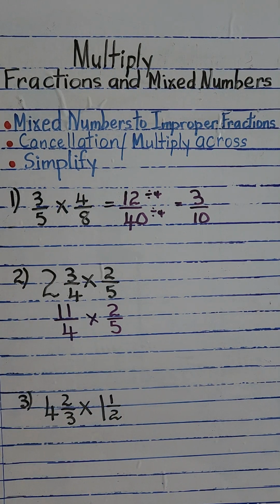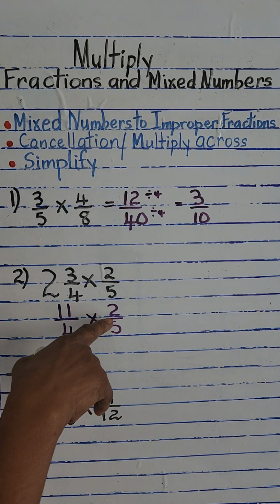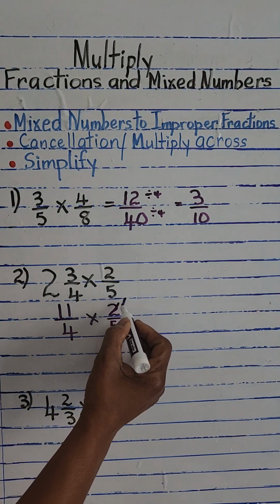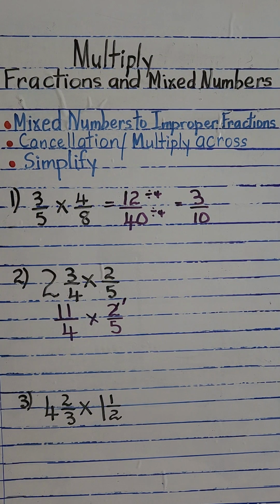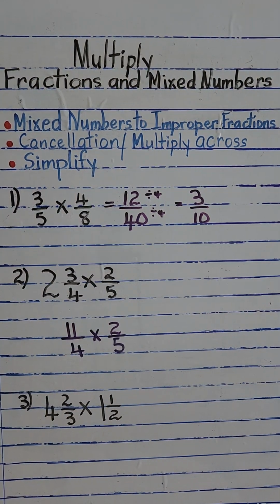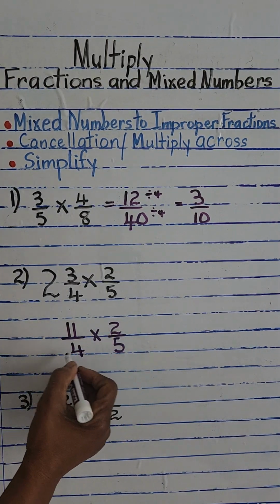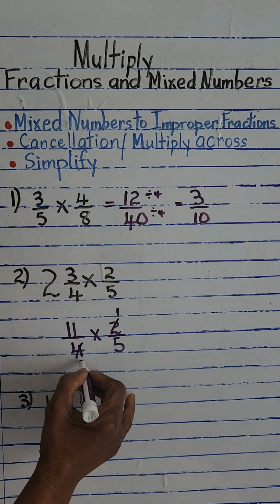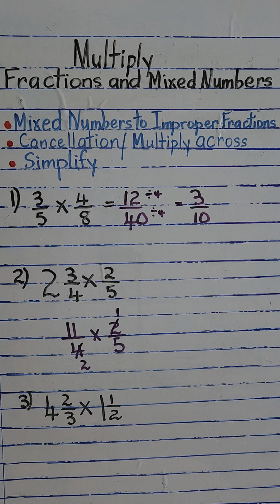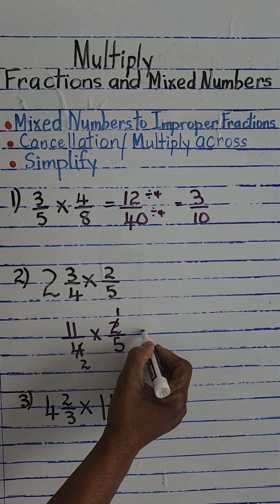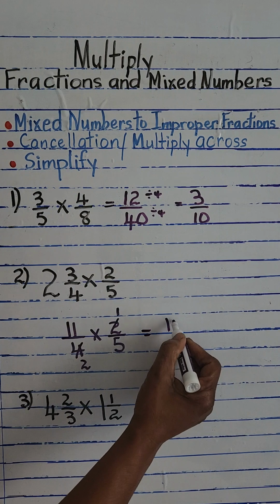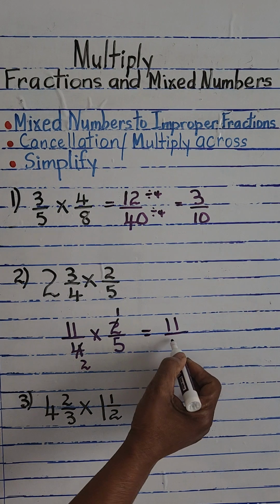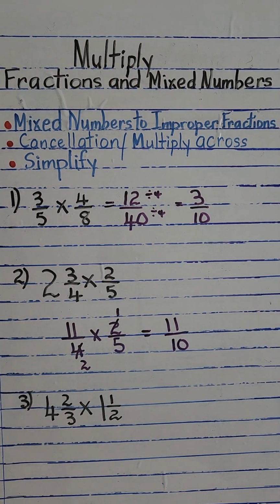Now we look to see if anything can cancel, and yes, we can cancel that. 2 divided by 2, 1. So we can go ahead and divide both 2 and 4 by 2. That is 1 and then 2. And now we multiply across. 11 times 1, 11. And 2 times 5, 10. So we have